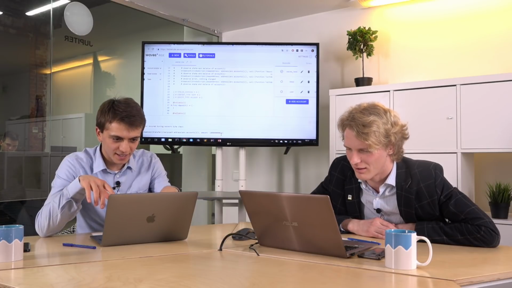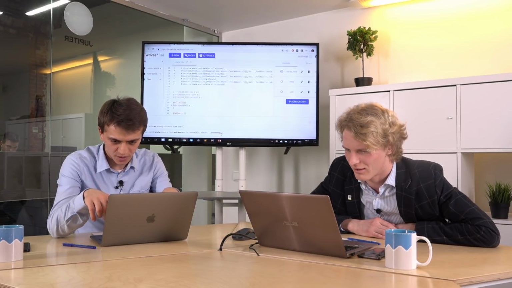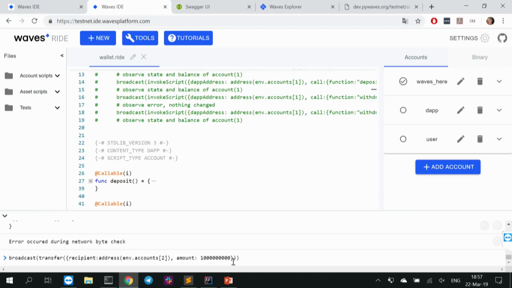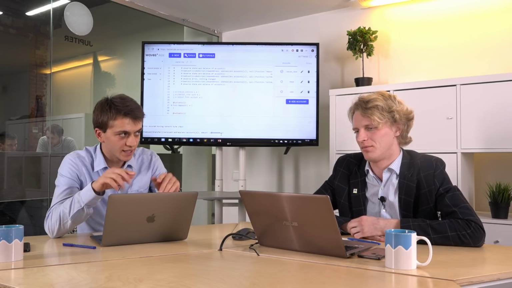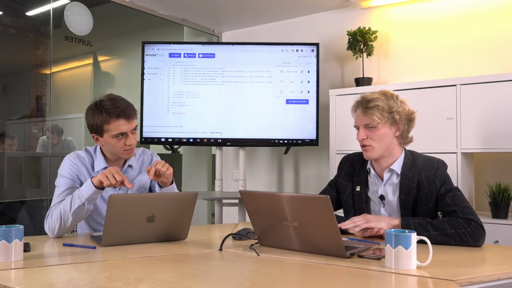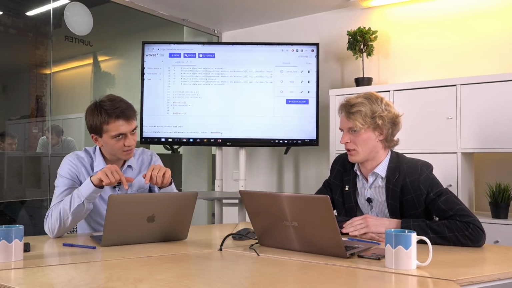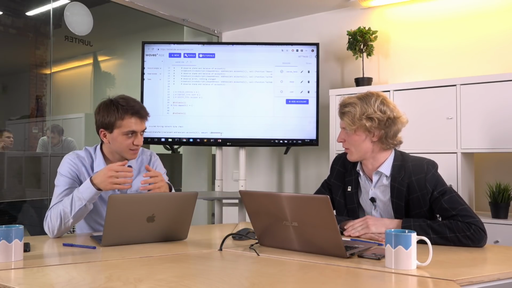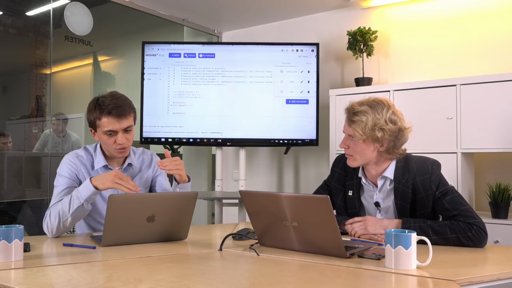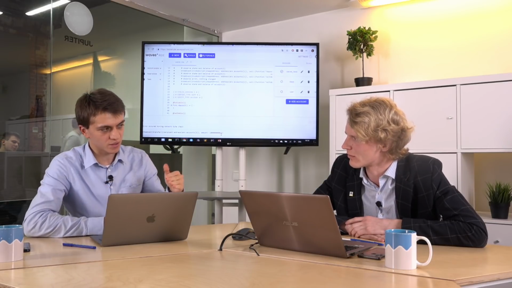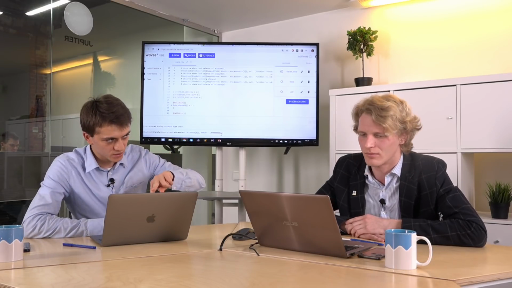In the IDE, we have different accounts. For example, here we have Waves, the main account with tokens, as far as I understand. We have created two new accounts, the app and the user, and they do not have tokens at all. Now we're trying to send some Waves tokens to those two accounts.